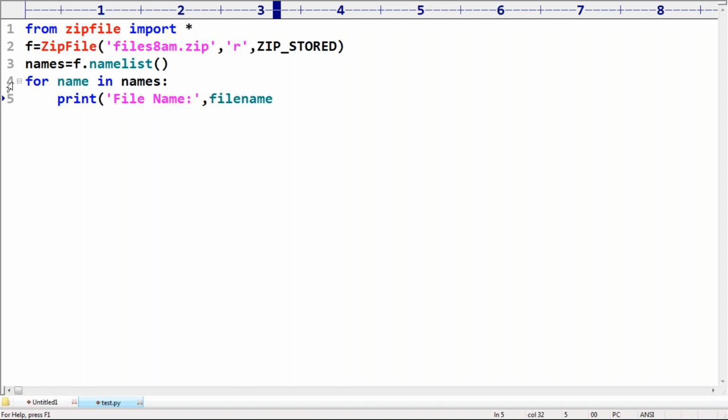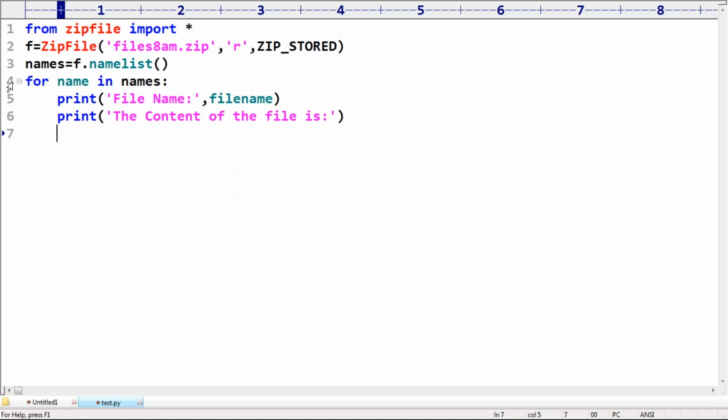Okay, the file name, like this I'm taking. Print the file name I'm taking. Next, what is the content of the file? Print the content of the file is. The content of the file is, okay, like this, right? The content of the file is